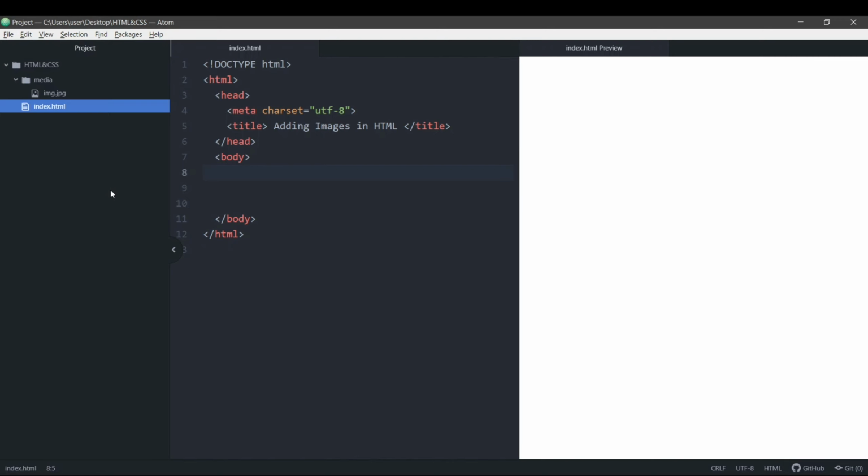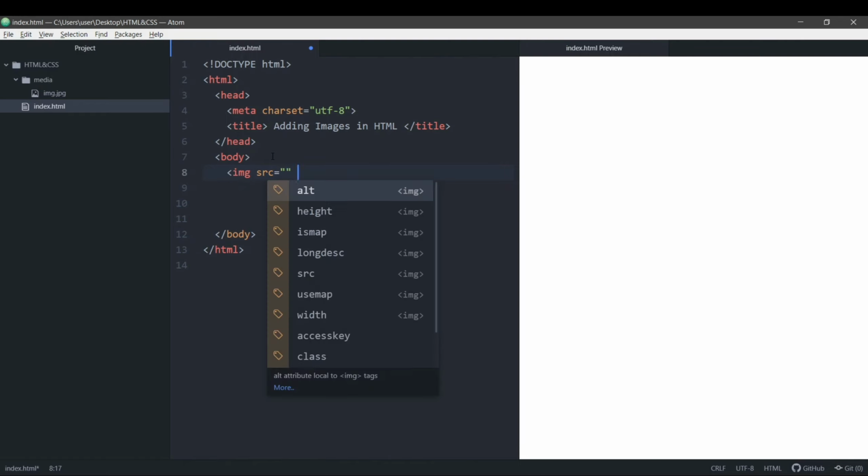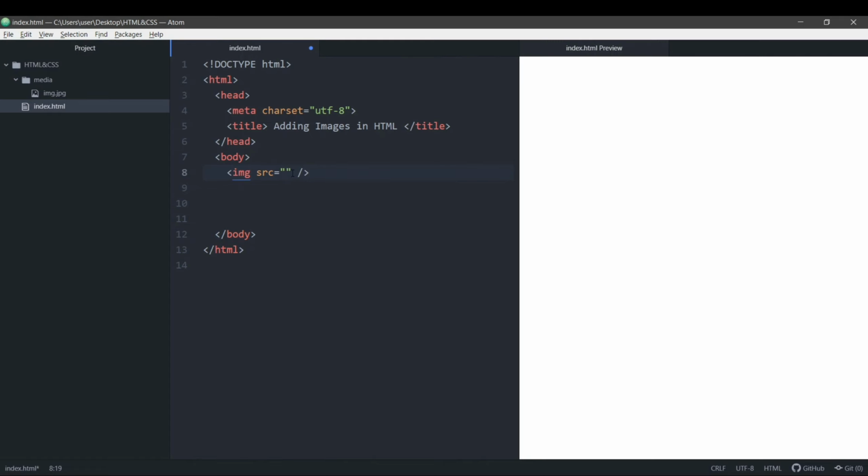In this video we're going to see how to add images to our HTML web page or website. As we know, the content which we want to display on our website goes inside the body tag. To add an image to your website, we're going to use a tag called the image tag. It goes like this: you write img, then you have the source attribute, and inside the double quotes you write the path of the file, where the file is saved.